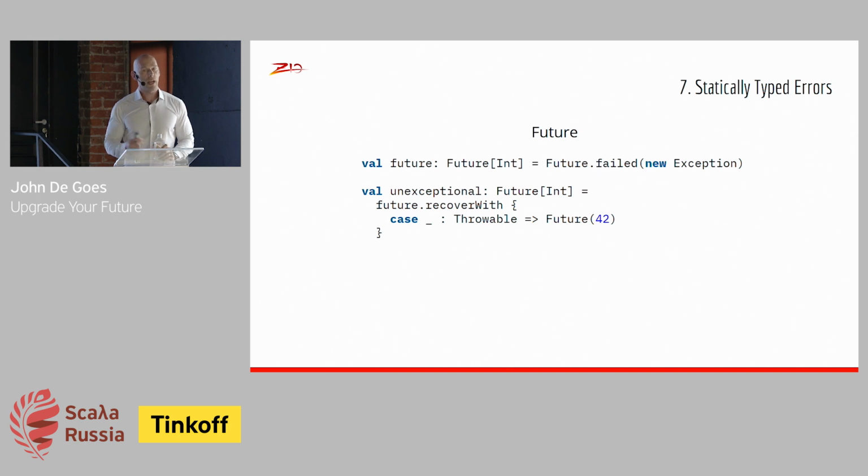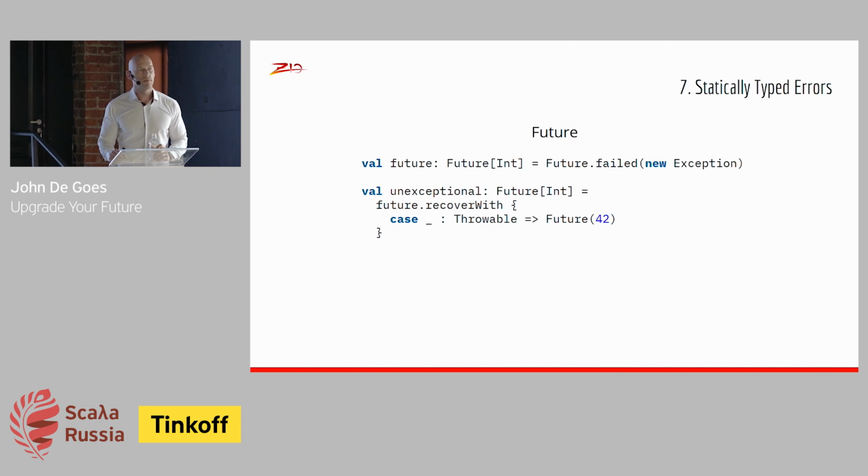The problem with the error channel in Future is that it's rigidly fixed to Throwable. It doesn't change. It's made a choice that every single error you ever have will extend Throwable. Like Try, for example. Try makes the choice that every single error you ever have will extend Throwable. Either does not make that choice. Either says you can change your error type if you want to.